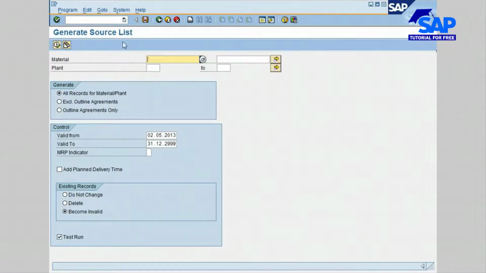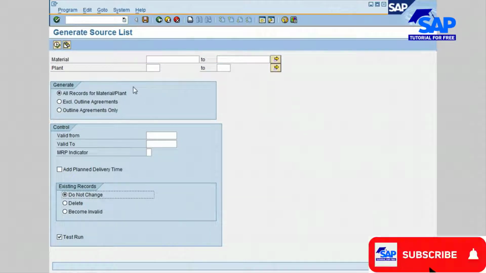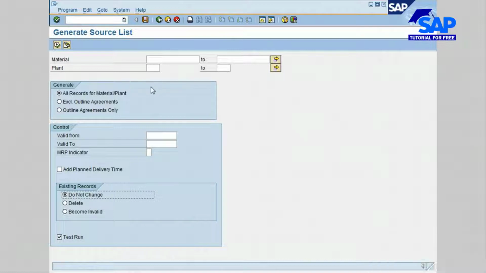The generate source list screen is displayed. The selection screen allows the generation of a source list based on the selection of a material range and a plant range. You also have a selection here to include, exclude, or only allow outline agreement. The preferred selection is to include all materials or vendors. The other selection fields are similar to those in transaction ME01,